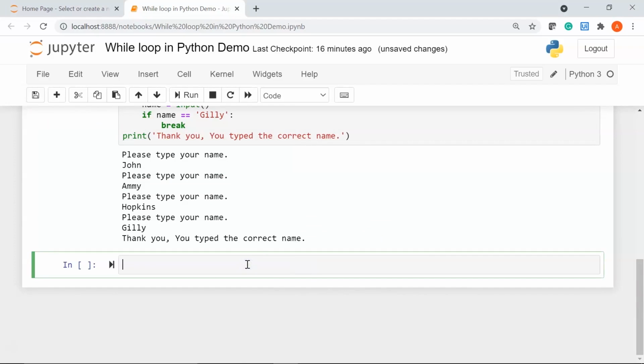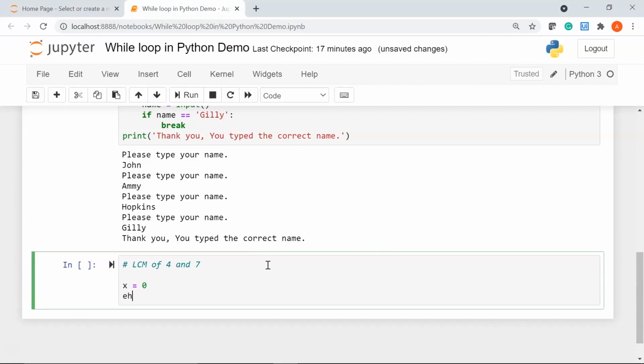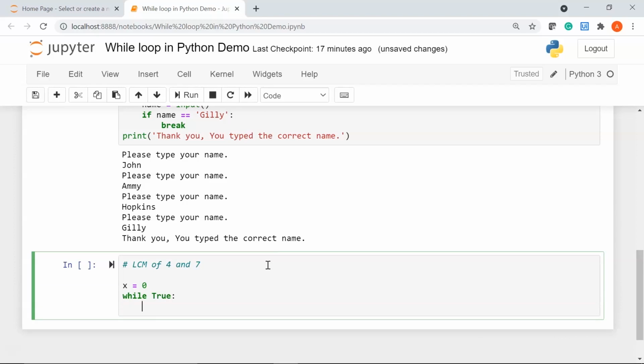Now moving on to the next example, we will see how to find the least common multiple of 4 and 7. So I'll give a comment as LCM of 4 and 7. Now you would know it is 28, but we are going to find out with the help of a Python while loop. So first I'll declare a variable x equal to 0. I'll say while True, I'm going to increment my x value by 1.